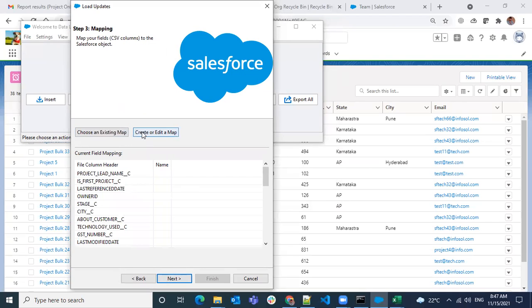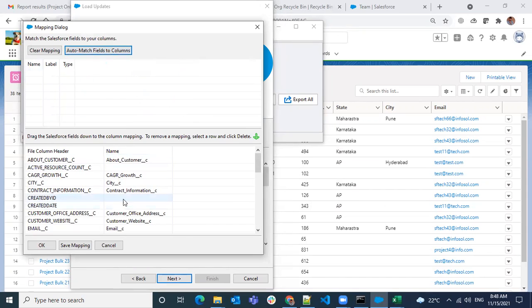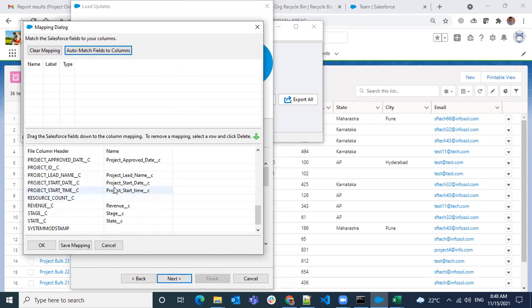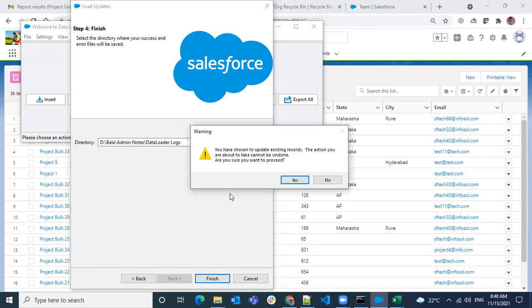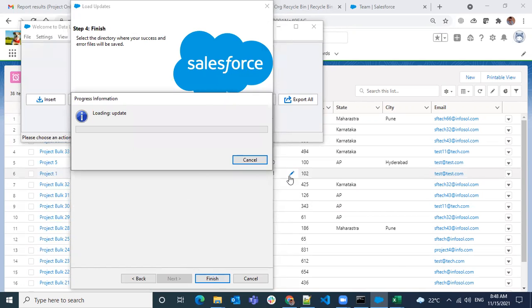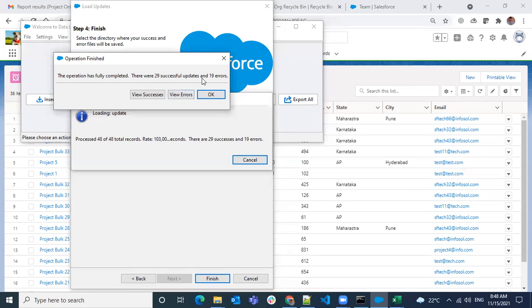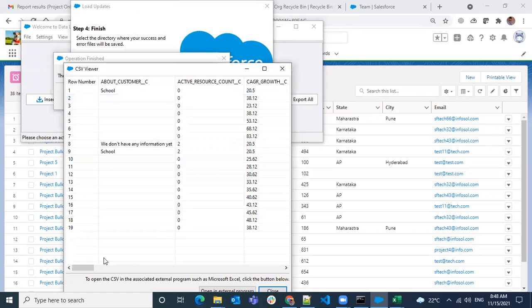Okay, so map, auto map all fields. These fields we cannot edit, so those are not mapped, so not a worry. Next, finish. Yes. Okay, 19 has errors, view errors.